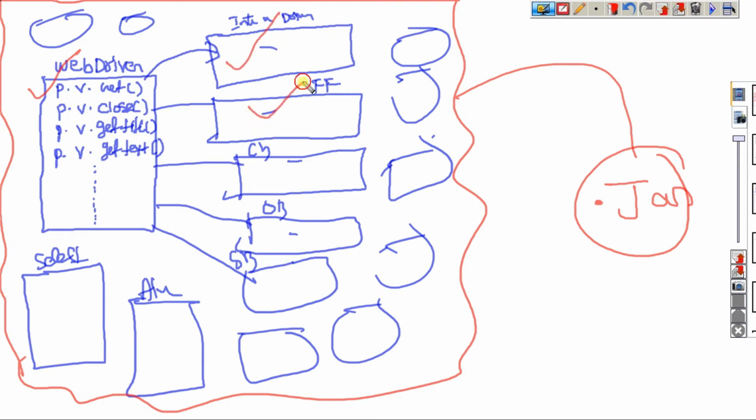Firefox browser, Chrome browser, Safari browser, Opera browser, whatever the browsers. Apart from that, so many methods and classes they develop. These are all developed and given to us in this form.